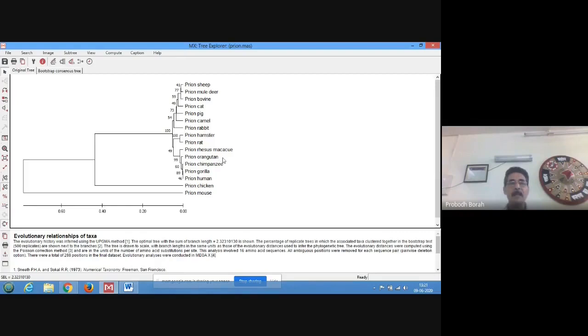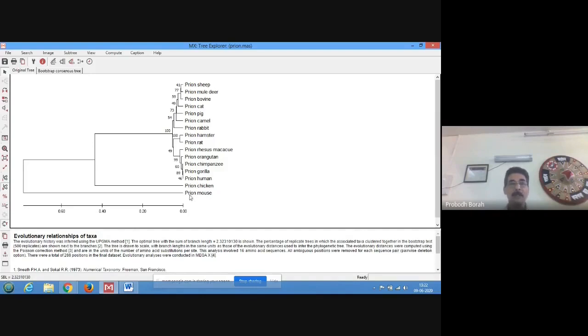Now in this tree you see that all the different prions of different mammalian species except mouse are forming a single clade, and chicken is forming another clade. And this is quite expected because chicken was used as an outlier or outgroup. But what is unexpected is prion mouse. Although mouse is also a mammal, it was expected to show similarity with prion of rat and hamster because they are also rodents, but they are not showing similarity. Or to rabbits, they should have shown, but they are not showing similarity.